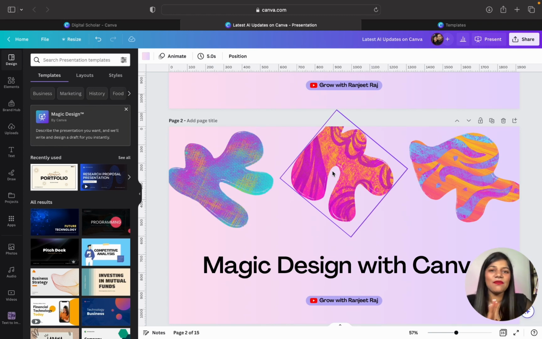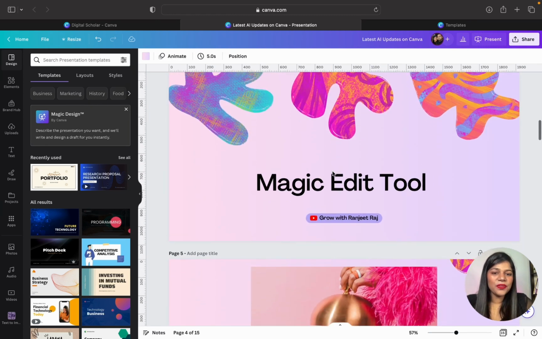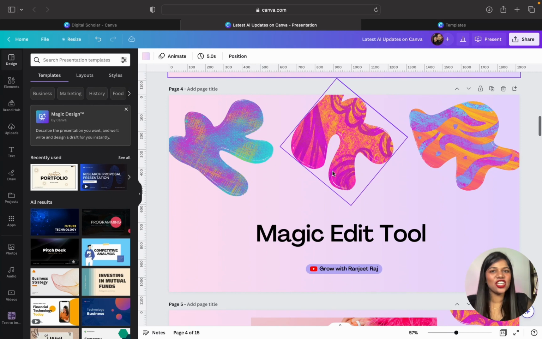Here is what Canva is trying to do. All right, so that is the first update for you. Second is the Magic Edit tool. So again, a magical update. Edit tool means